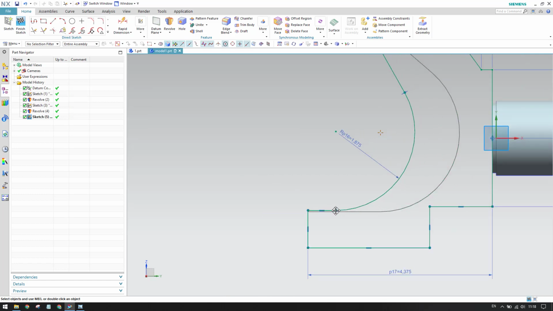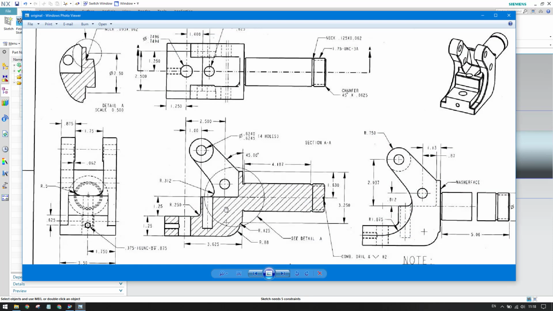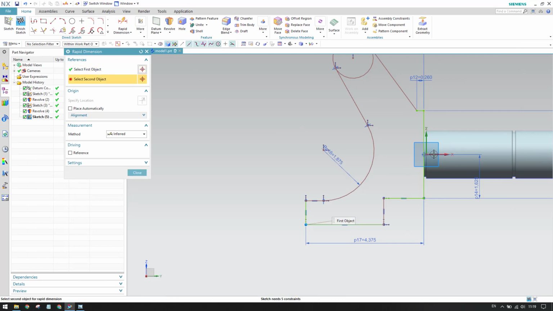Okay, now there is a distance between this point to this point. So let us give this the dimension. Now as you can see here, 1.25 and 1.25, so it is 2.5 from the center. So let us give that dimension 2.5. Okay,